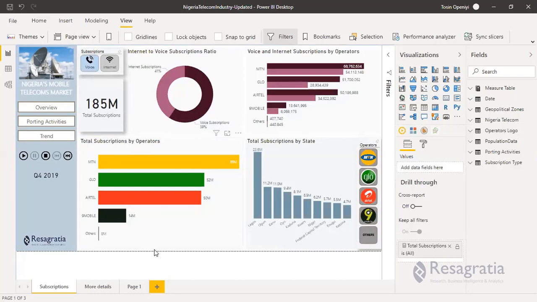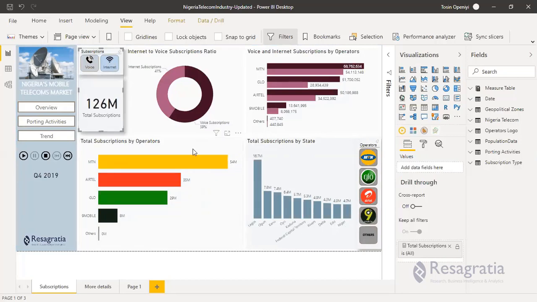So all the data here is giving us total voice subscription. If we select internet, this is also giving us internet. So we can just use that as a yardstick. Or what do you guys think?